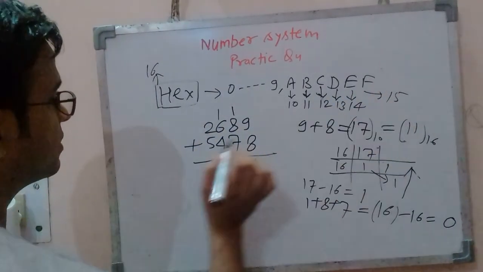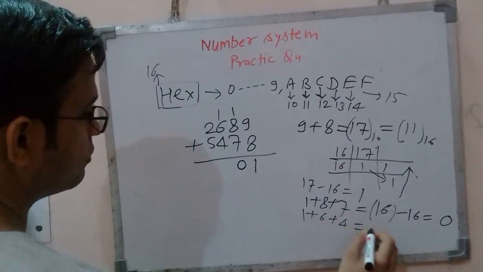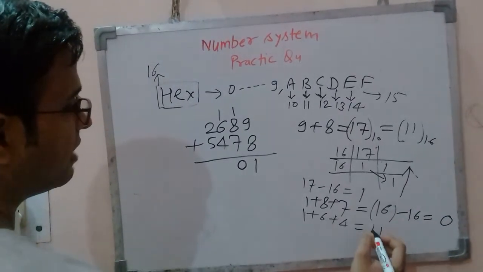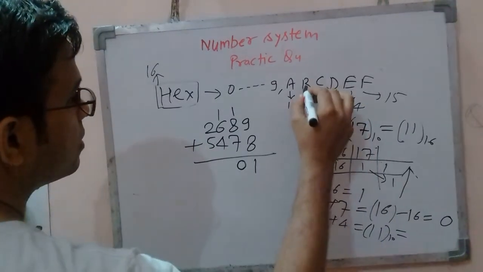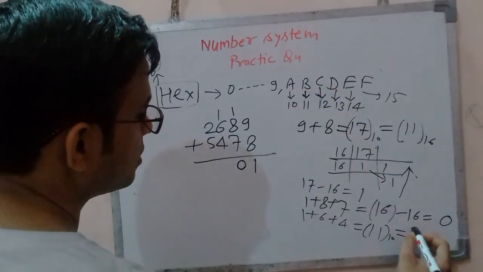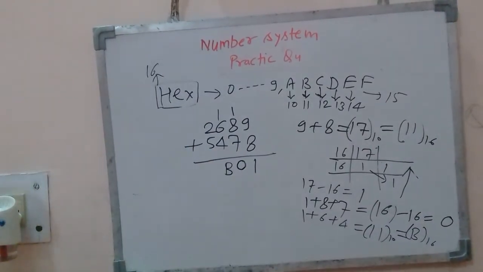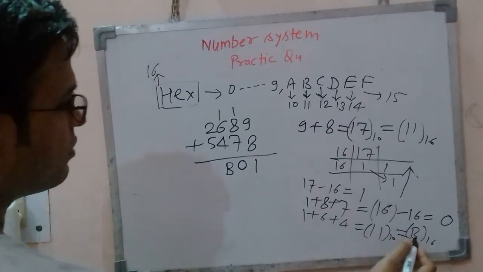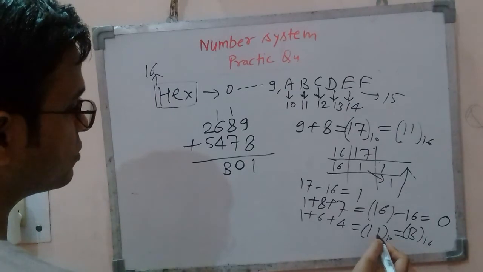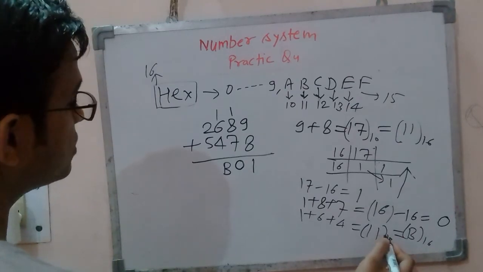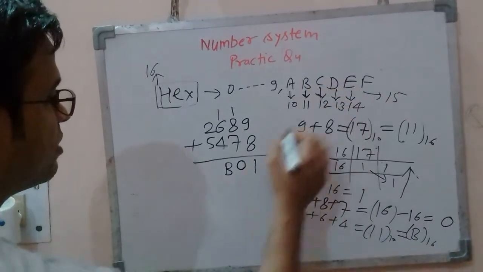Because the number exceeds 15. So 1 plus 6 plus 4. Now add 1 plus 6 plus 4, you will get 11, right? 11 in decimal is equivalent to B in hexadecimal, right? So write B here. Now, do you get any carry from this stage? No, because the number is 11, which is less than 15, so it does not exceed 15, that means don't subtract 16 like this and this, right? So 11 means B, write B here.